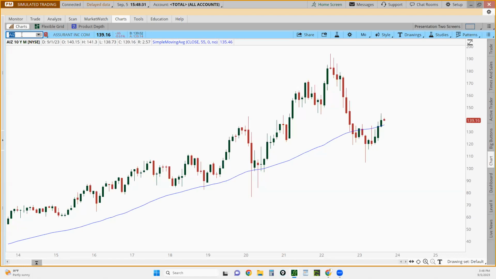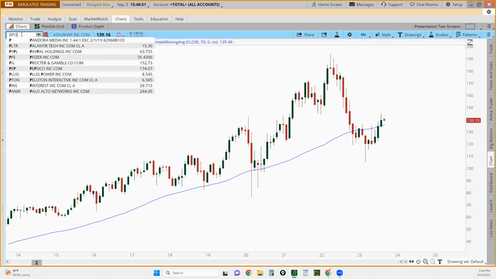Why do I have so much confidence? Look at this. This is a stock that for the last 10 years has predominantly stayed in a good neighborhood. And where is it right now? Back in a good neighborhood. So it's getting ready to do what? Go higher. Look at this company right here, BPOP.